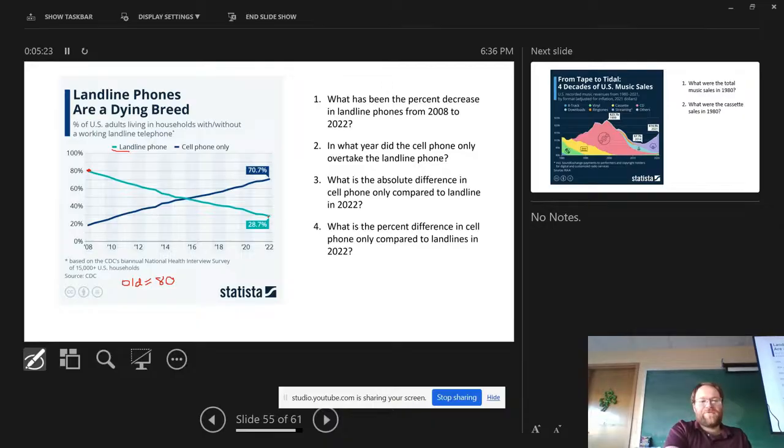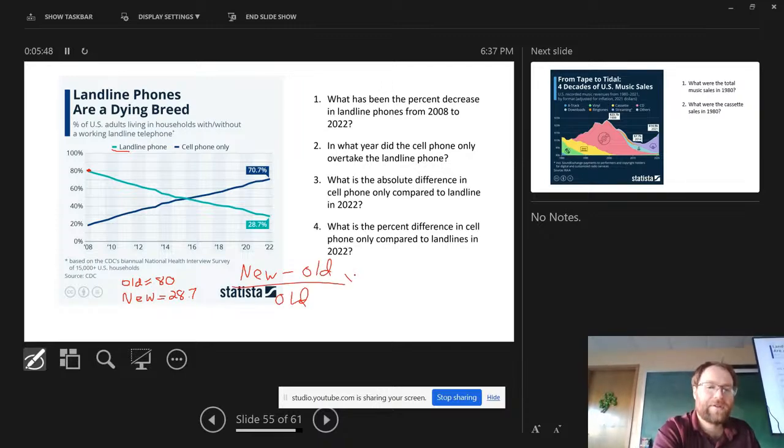The new value in 2022 is 28.7. So if we think new minus old over old times 100,